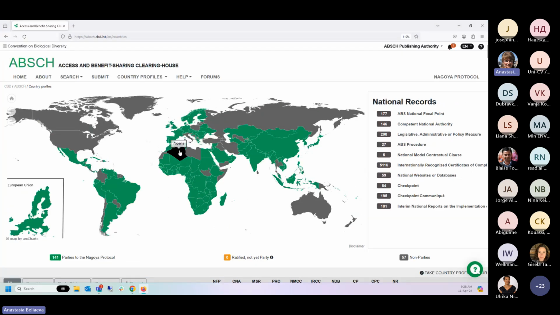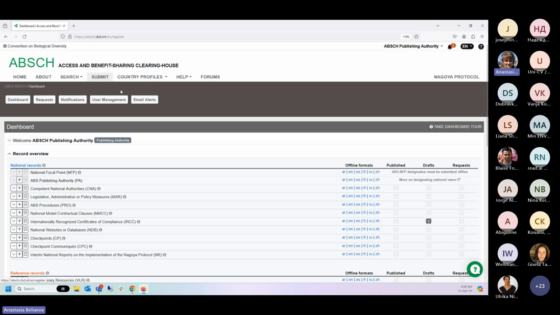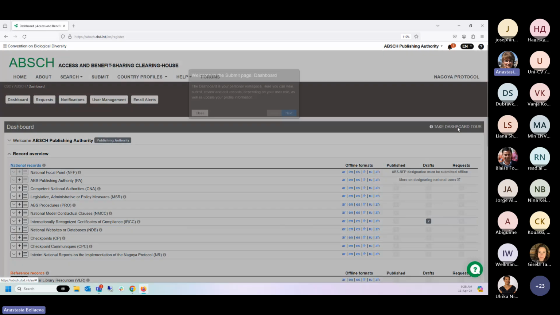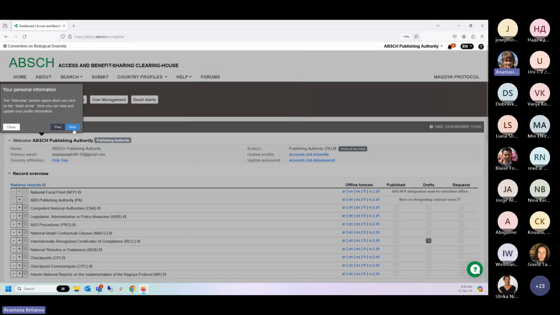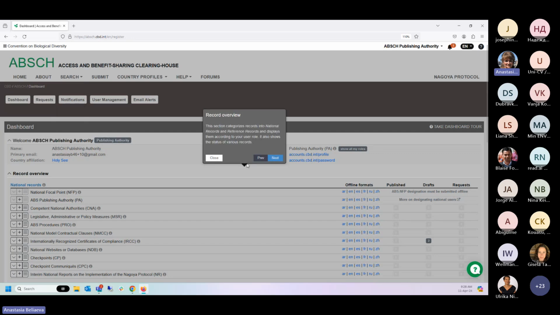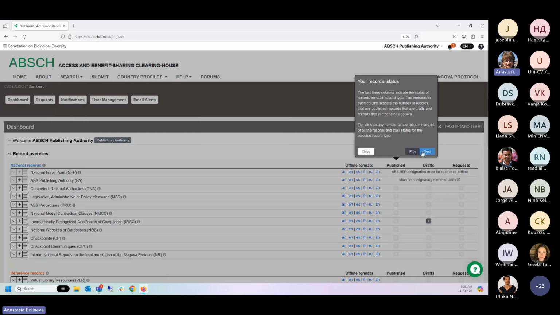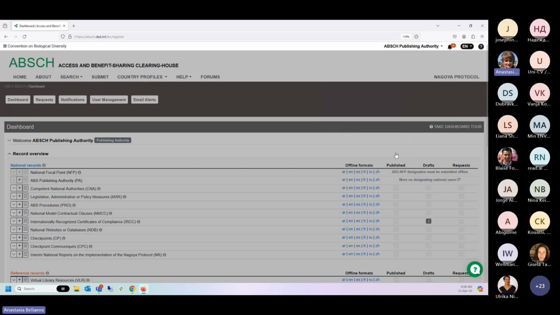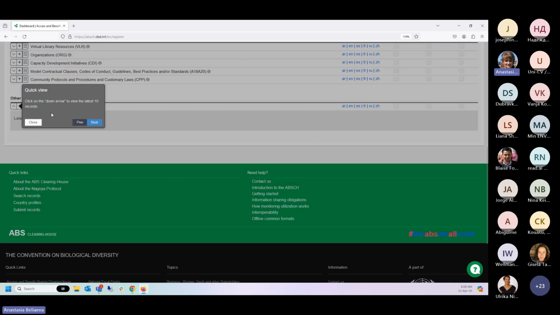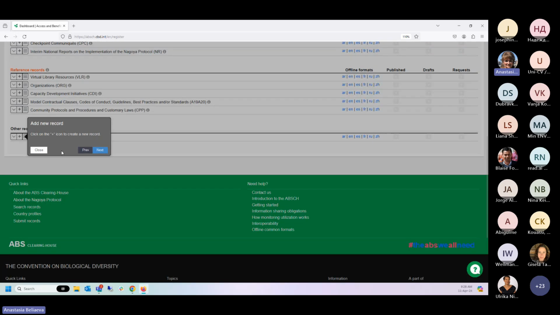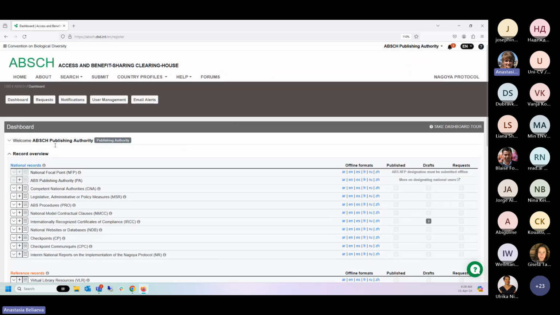And another area where you can find these tours is the Submit interface. So let's go to the Submit interface. This is your dashboard. Well, this is my dashboard. And there's a tour right here. Take Dashboard Tour. So if you click on it, this is the virtual slideshow that will explain the dashboard and its different features. For example, what are all these columns all about? What are these icons all about? See? So that's a dashboard tour.